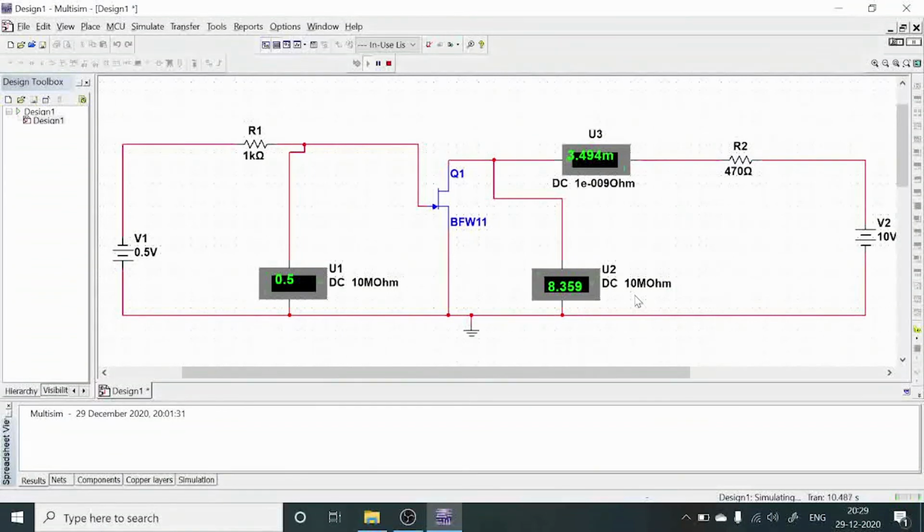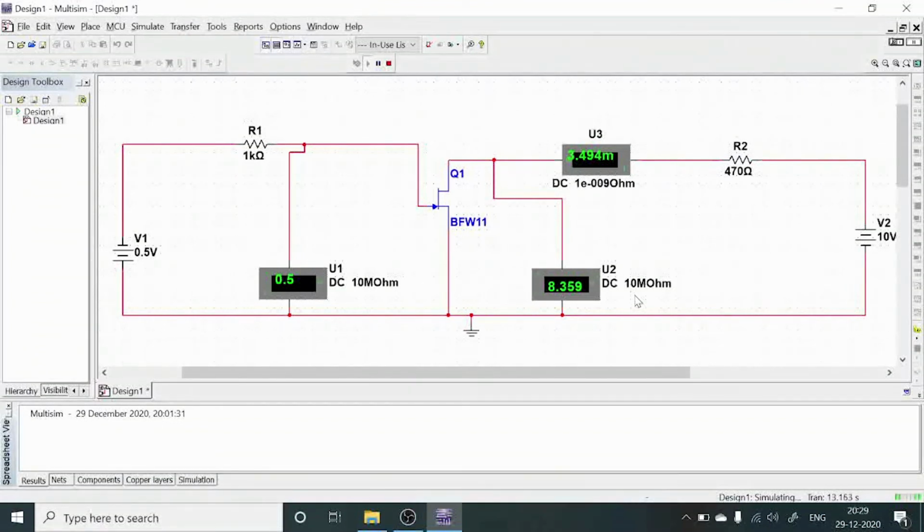Then the next one, we are going to observe another characteristics by using this JFET. In this case, the second characteristics are transfer characteristics.